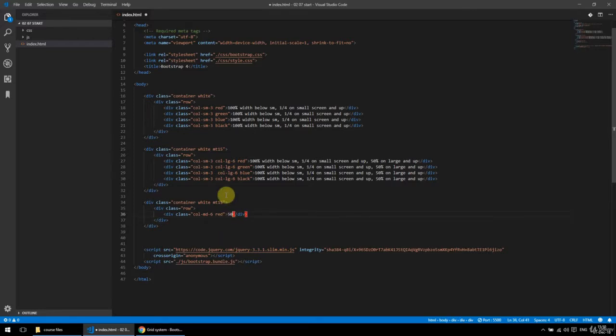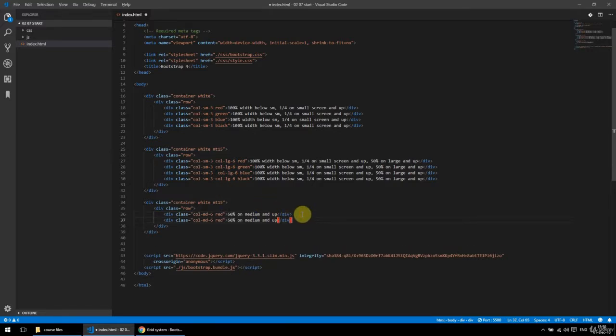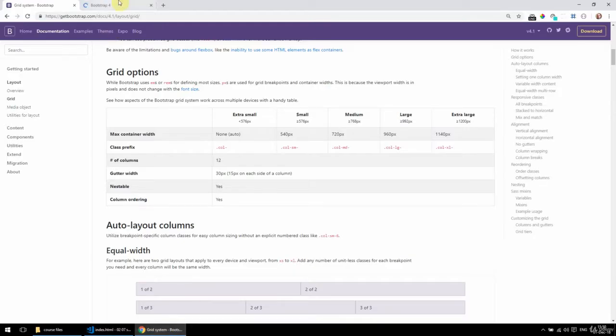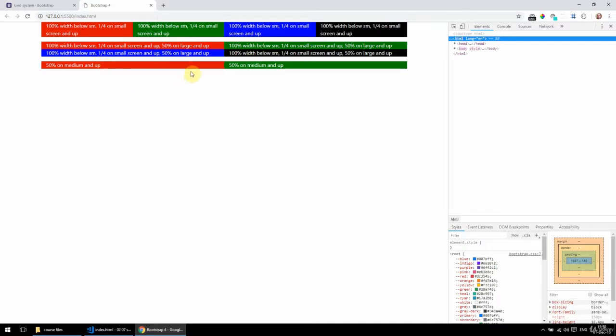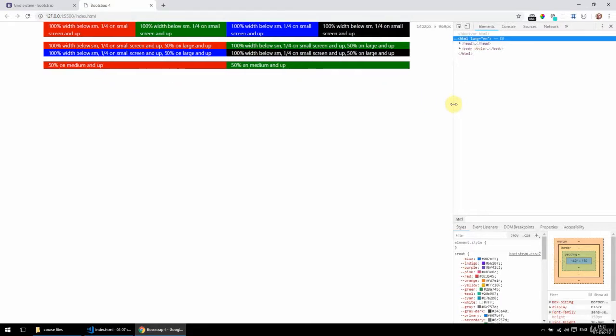So this is gonna be 50% on medium and up, and duplicate that. Just give this a class of green. So let's see. Okay, it's 50-50 because I'm on medium or bigger.